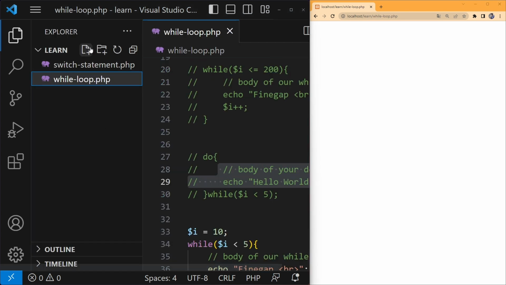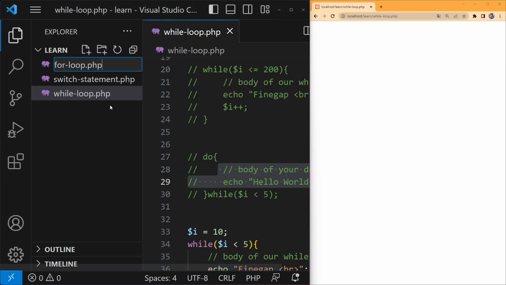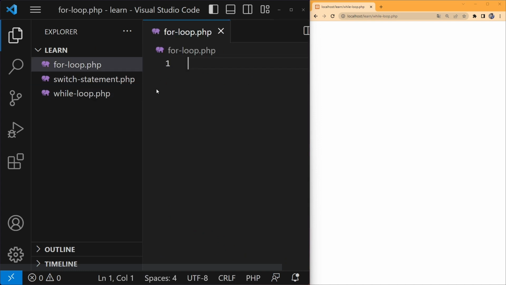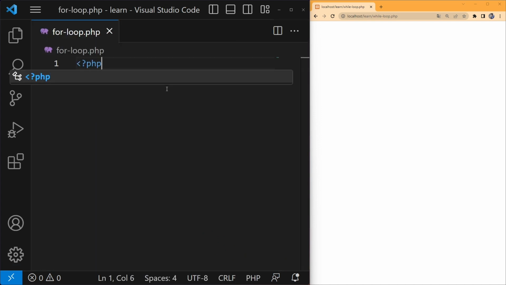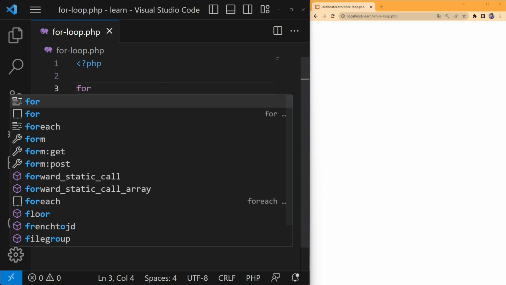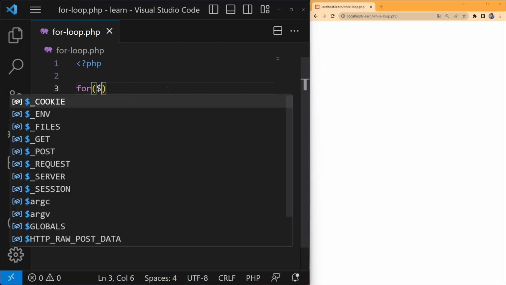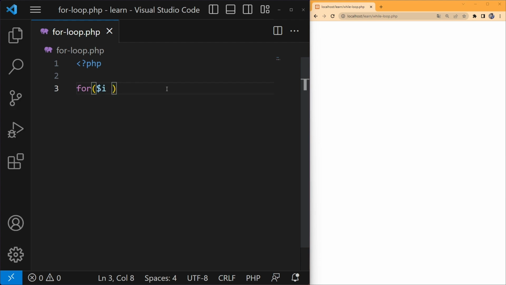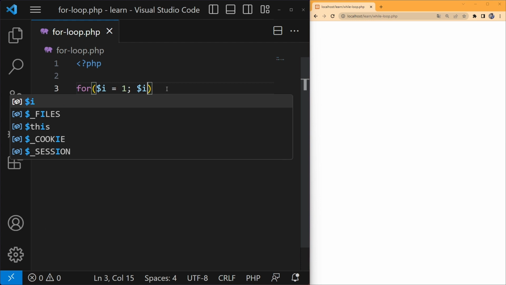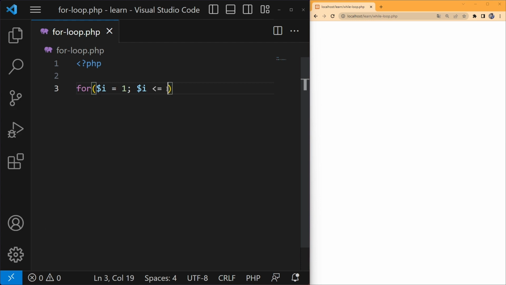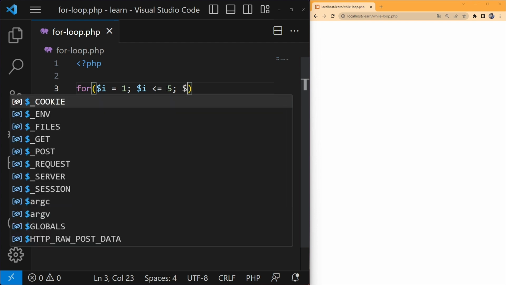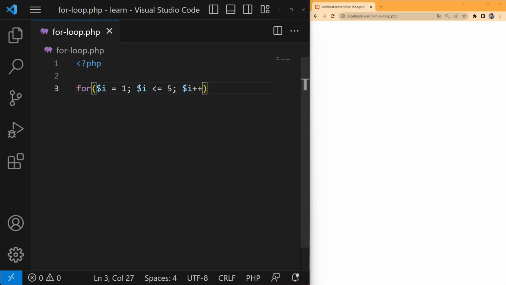First of all, I will create a new file here like for loop.php. You can create a file with any name, and inside this file I will type a PHP opening tag. To understand the for loop, I will type the for keyword, and inside this, first of all, I will declare a variable like $i = 1 and then type a semicolon. Second, we have to type a condition like $i <= 5 and then again press semicolon, and in the last we have to type $i++,